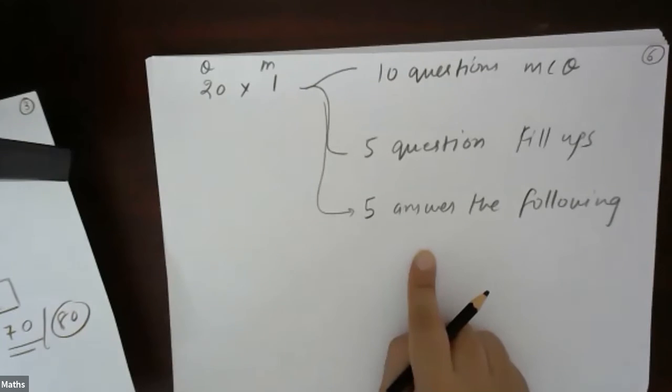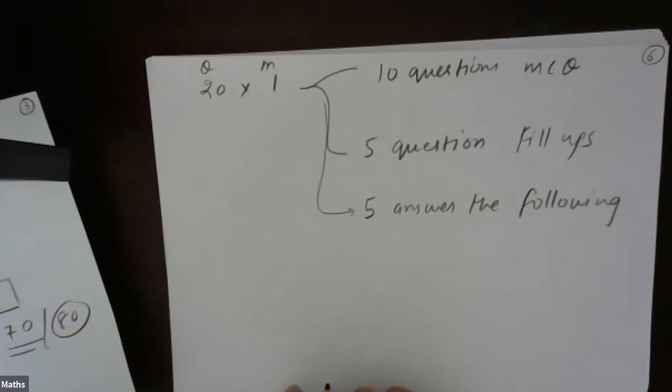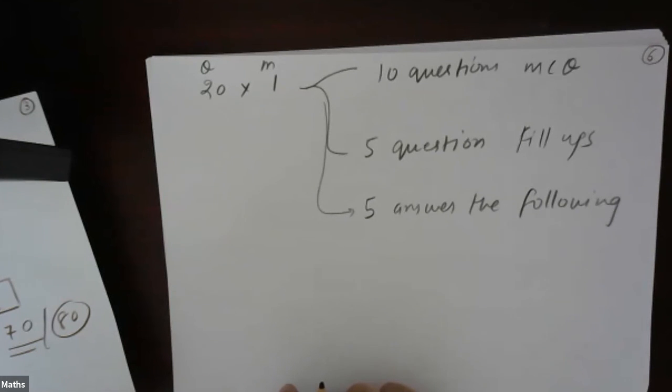In this, out of 20 questions in section A, there will be 3 internal choices. It may be from MCQ, it may be from fill in the blanks, it may be from answer the following. But totally, they will have 3 internal choices. That is 1 mark questions. But total marking will be 20, right? Yes, sir. 10 plus 5 plus 5.